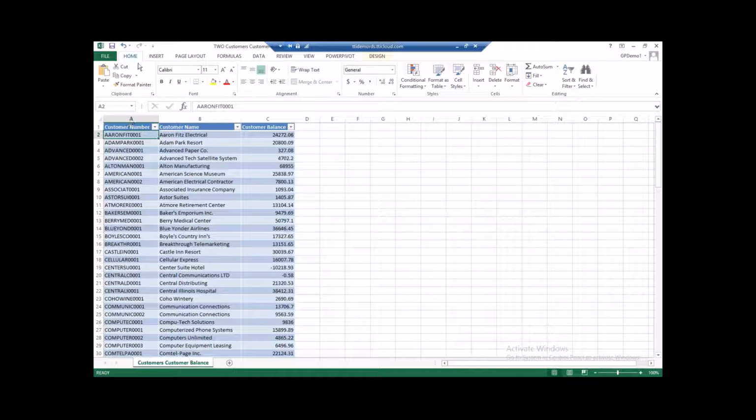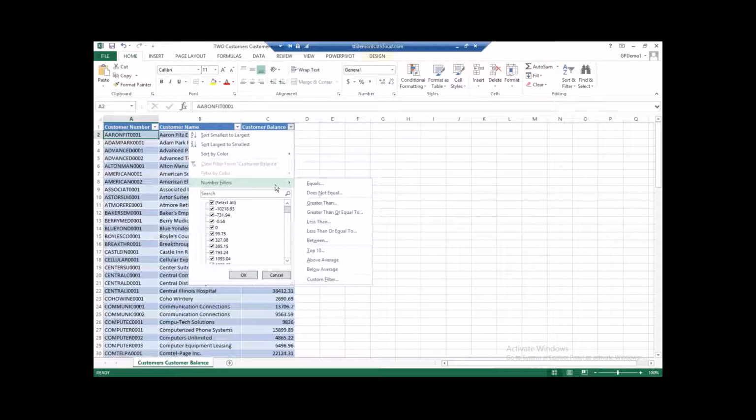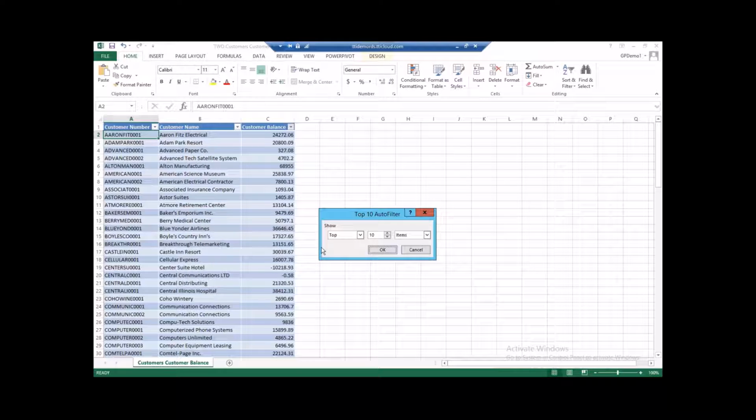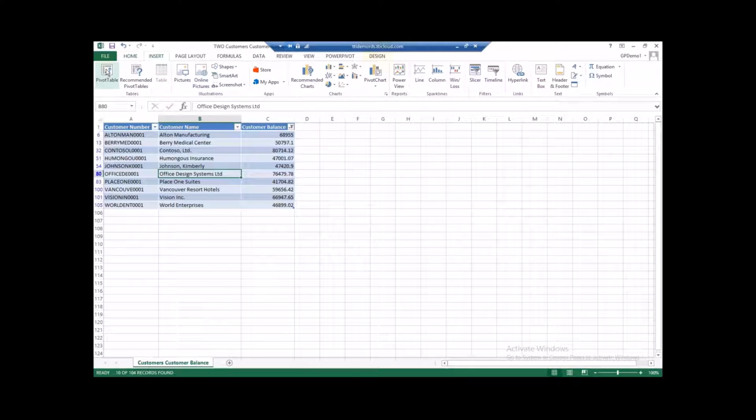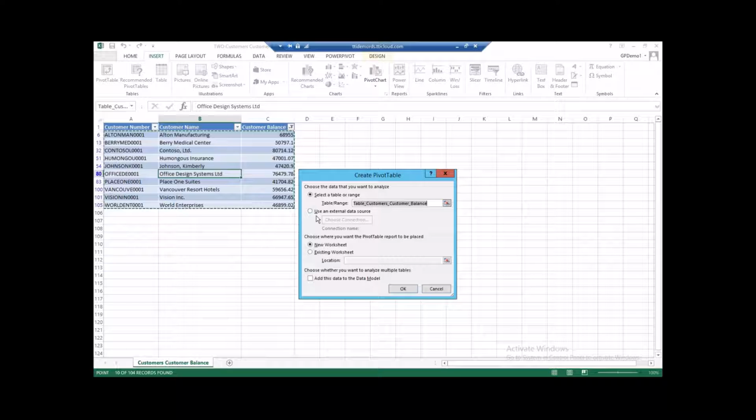So I got this customer balance, and then I said, okay, let's do a number filter on this, and I want somebody to be monitoring people with the top balances that are out here. There might be a reason for them. And then using just the functions of Excel, create that pivot table off of there,